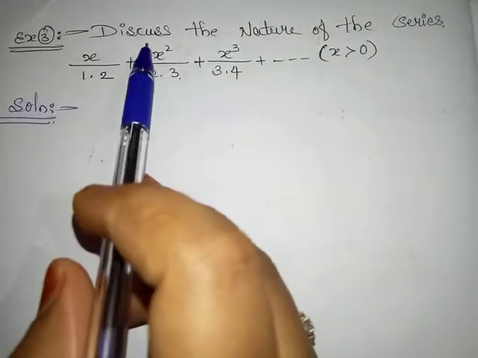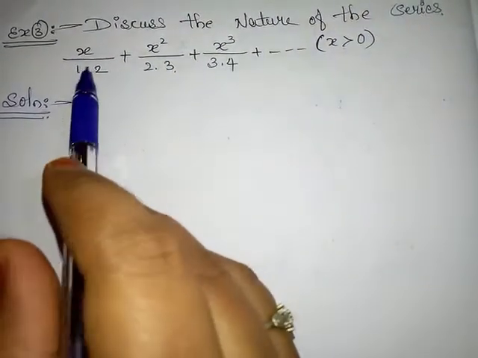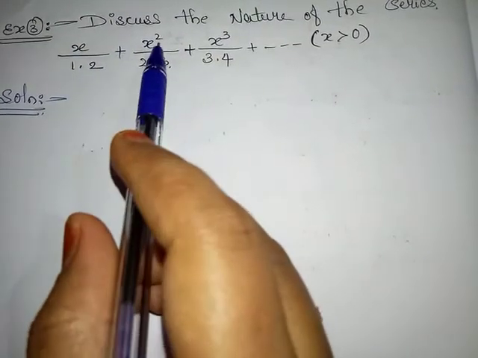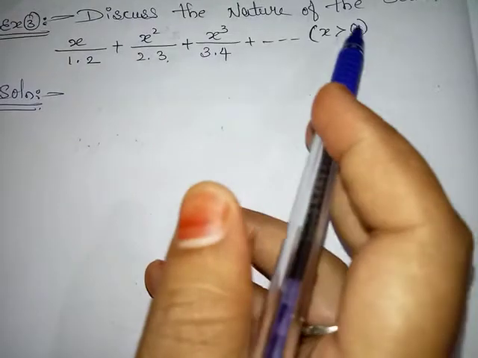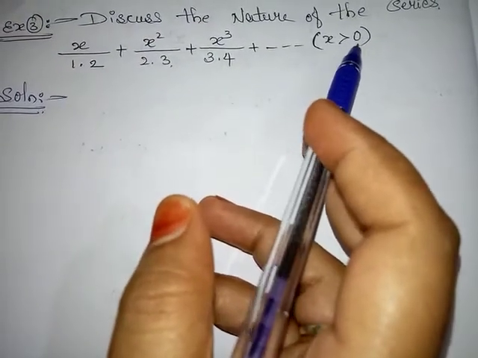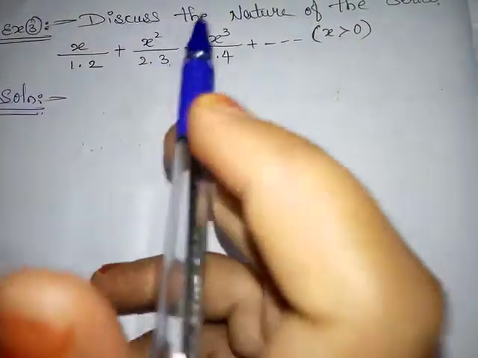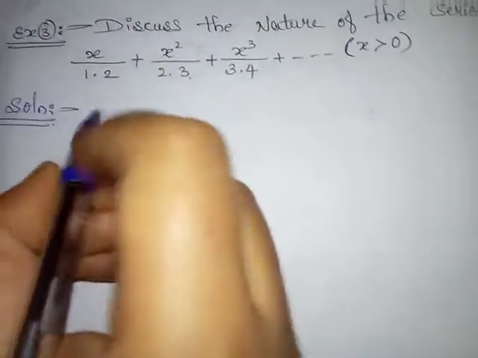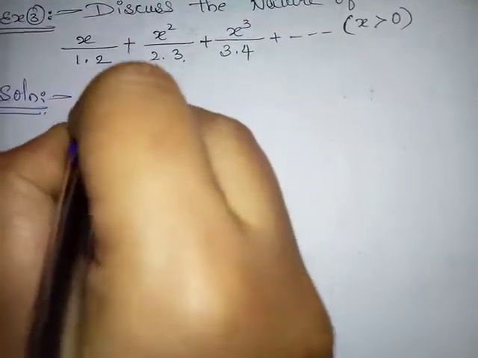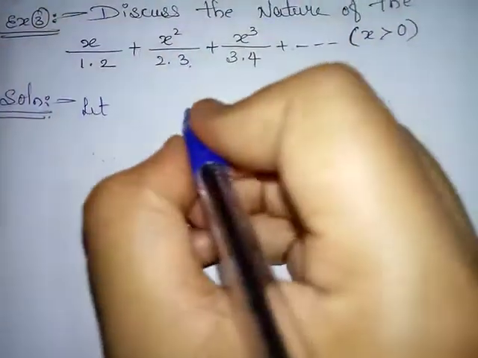Third example: discuss the nature of the series x divided by 1 into 2 plus x square divided by 2 into 3 plus x cube divided by 3 into 4 plus and so on, where x value is greater than 0. Here also, first we have to identify the nth term of this given series. Let un is equal to,